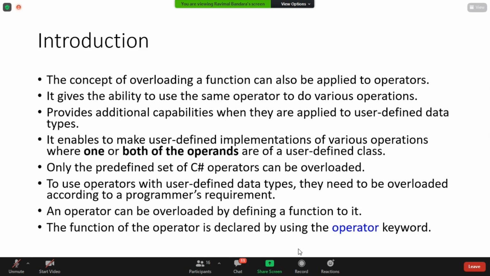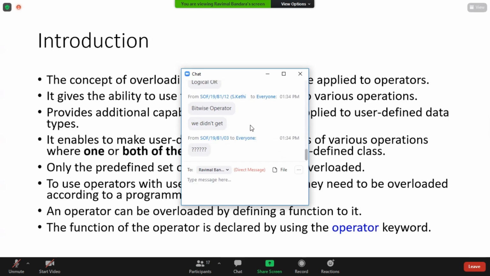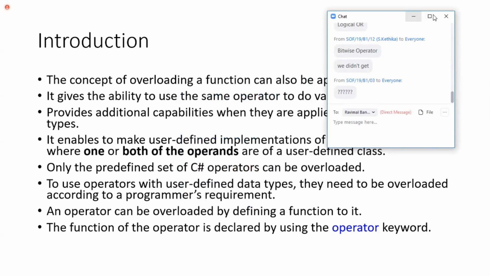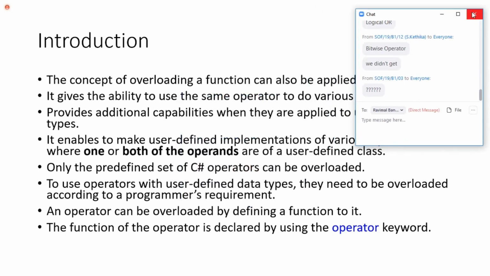No, I'm asking now. The second one is double pipeline. The first answer is correct, right? That is the bitwise operator. So there's a difference, right? The bitwise operator and the other one is this. What's the name of the next one? The double. In the chat box, we didn't get any messages.